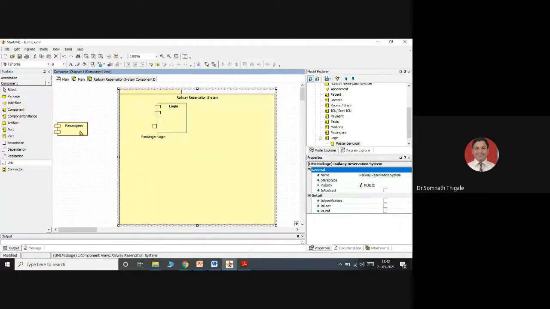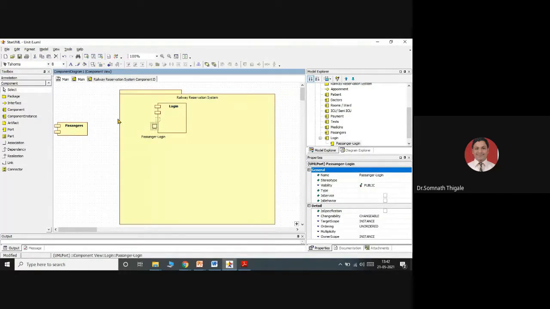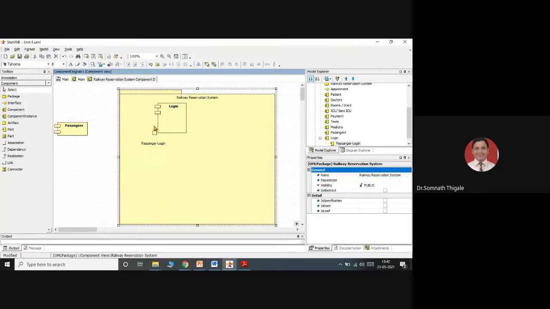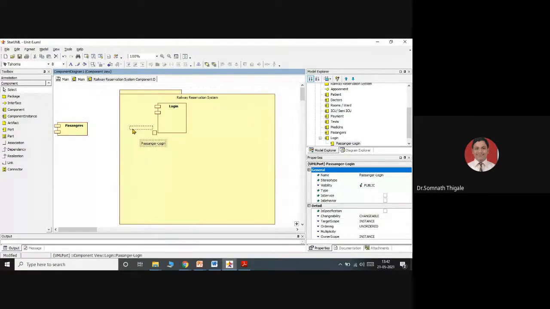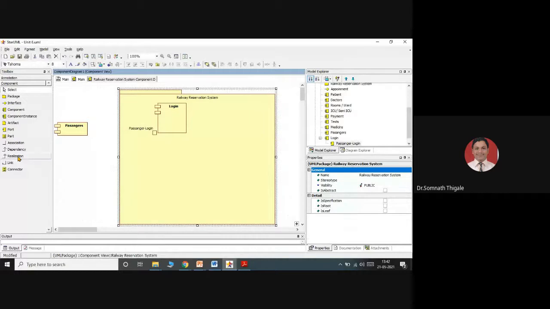So I'll connect with this. Here I'm trying to come outside of this, but it is not allowing me. So it is allocated with this particular scenario only. So I'll connect directly with this system. Passenger is connected with this package only. Okay. So the entire scenario will be provided.